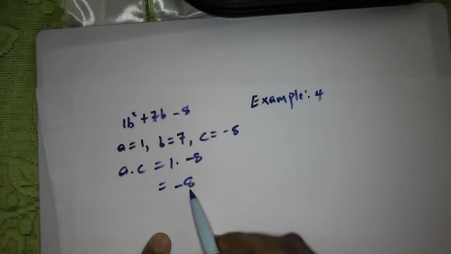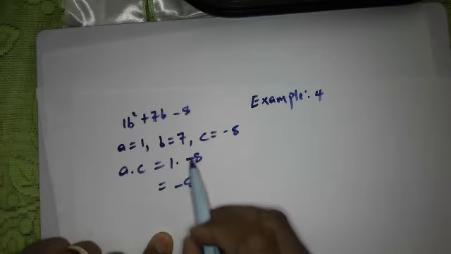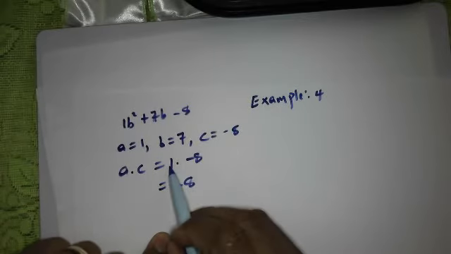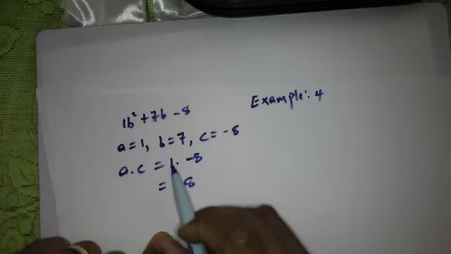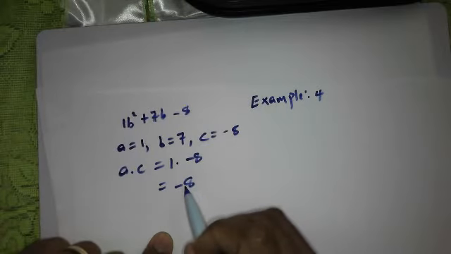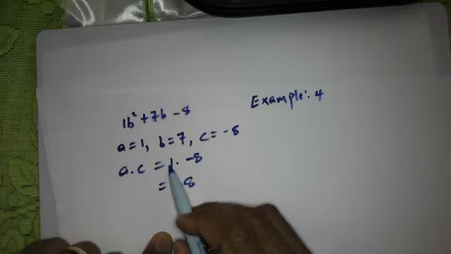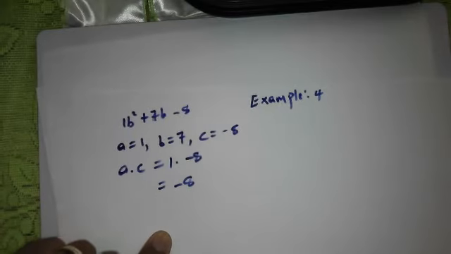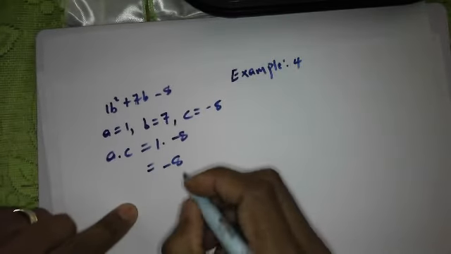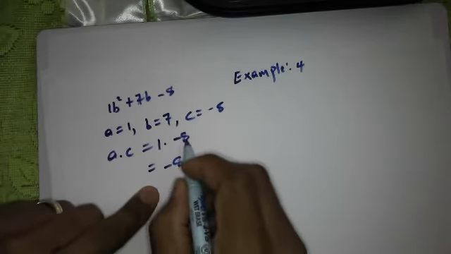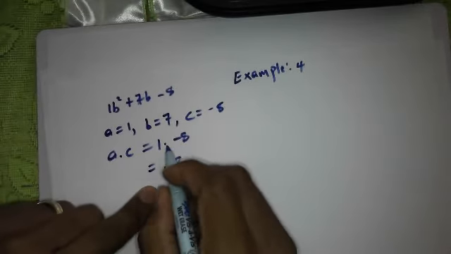Whenever your AC value is negative, it means that one factor must be negative and the other factor must be positive, because only negative times positive will give you negative, or positive times negative will give you negative. Okay? So once your AC value is negative, one factor must be positive and the other negative. Alright. Now, if I look at these two, if I add these two as is, I will get negative